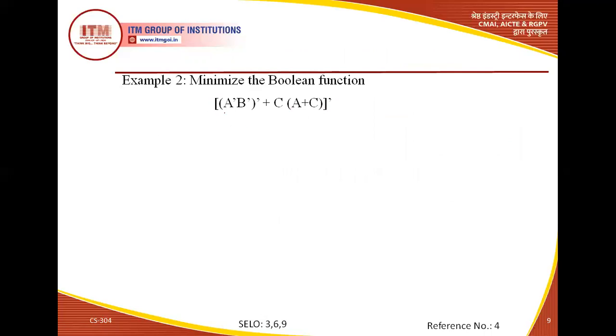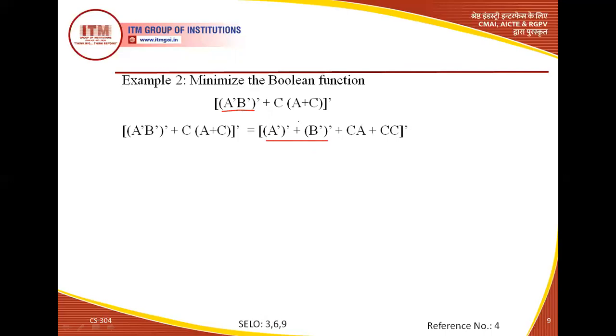That means the bar, or dash, is applied on the entire function. So now in that problem we use the first De Morgan theorem and apply it on that function. It will generate A dash dot A dash plus B dash dot C dash. So by using De Morgan theorem, first we open the first bracket which gives A dash dash plus B dash dash.